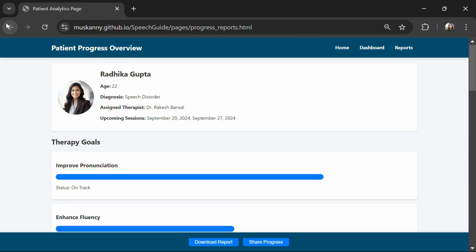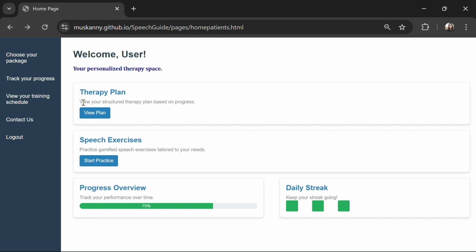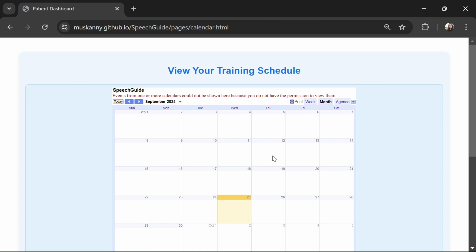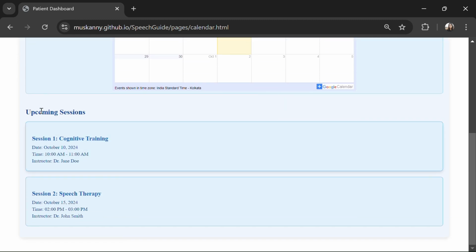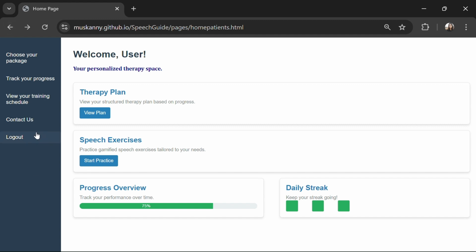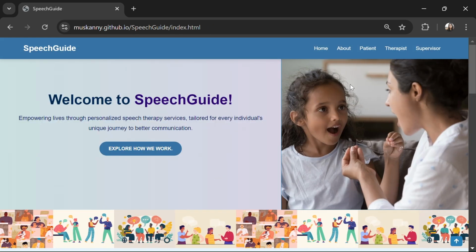Now let's go back, and here you can see view your training schedule. In this, you will be shown a calendar in which the patient can see his or her upcoming sessions so that he or she doesn't miss any of them. Lastly, we have the contact us section and the log out button. So let's just log out and move to the next part, which is the